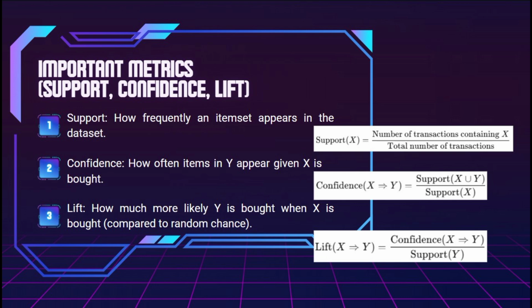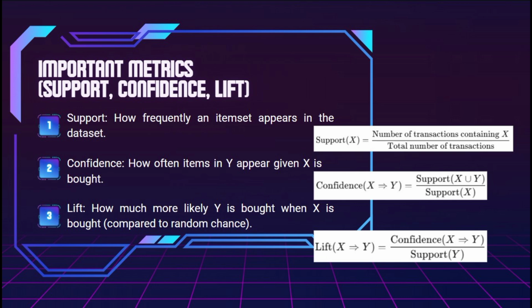Next is lift. It shows whether X and Y happen together more than expected. For example, if bread appears in 3 out of 4 transactions, the support is equal to 0.75 and the confidence of milk to bread is 0.67. Then the lift would be 0.67 over 0.75, which is equal to 0.89, meaning milk and bread are slightly less associated